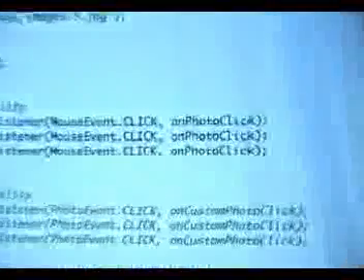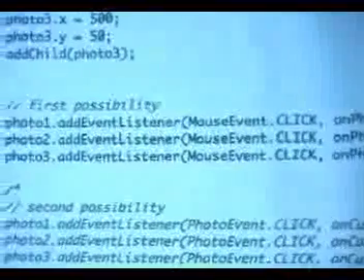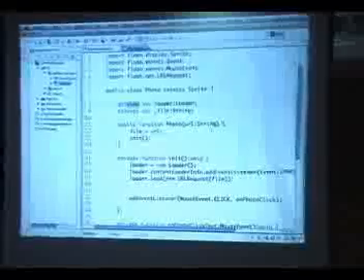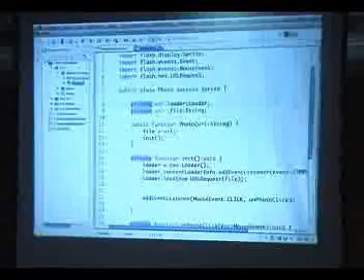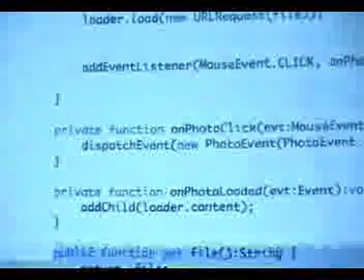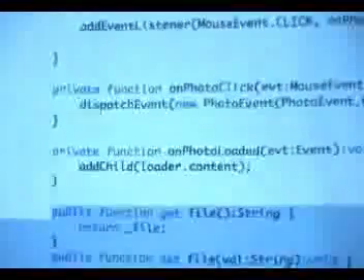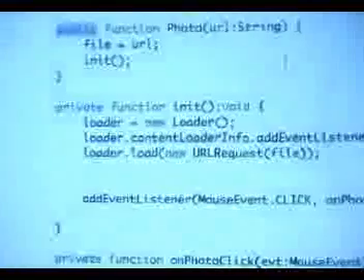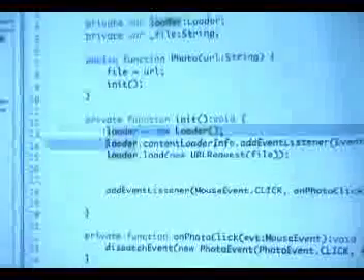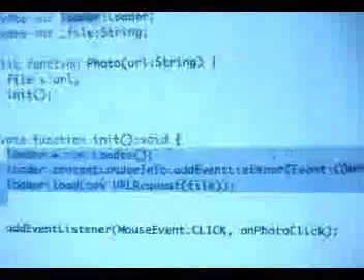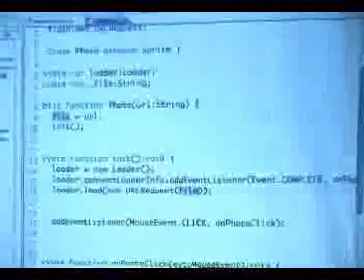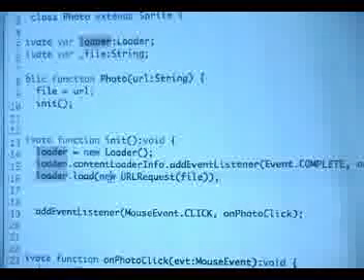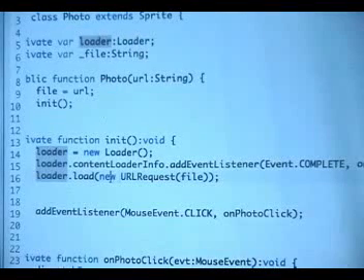So that's the first approach. I'll show you how that Photo class looks. Now, you see public class Photo. We have a loader for loading in the external image. We have a file reference here, which has a getter and a setter function here. So we can use it as a property. What happens? So the loader gets instantiated here. We listen for the complete event. And we load the actual file that gets passed in to the constructor. So, as soon as the event complete fires,